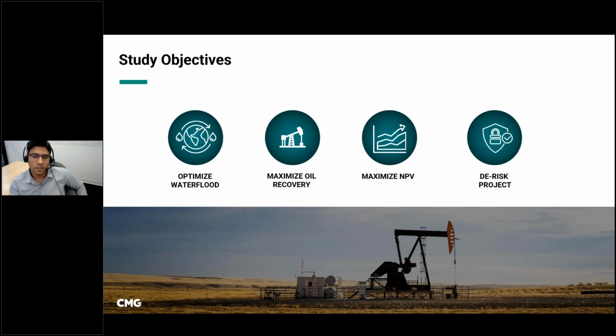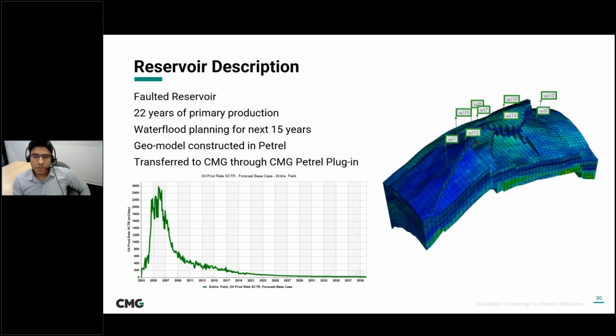Let's look at the project that we did. So what you see here on the top right is the 3D view of the reservoir under study. And it was a faulted reservoir with 22 years of primary production, and through reservoir engineering studies and assessments, it was decided to implement water flooding for the next 15 years to maximize the oil recovery. Why? Because as you see in the bottom left plot,